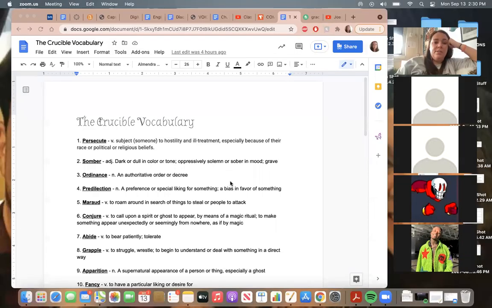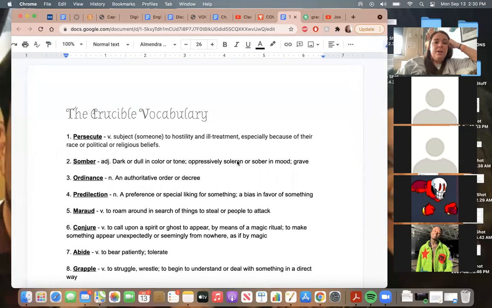So Crucible vocabulary, and I'll share my screen with y'all, but it is published now, just while we're going over the sentences. You will notice in these sentences, or you probably will anyway, that some of these have a particular religious bent to them. And again, we're doing Puritan literature right now, and Puritan is a form of religion, like a sect of Christianity. So it makes sense that there's some pretty religious terms in here.